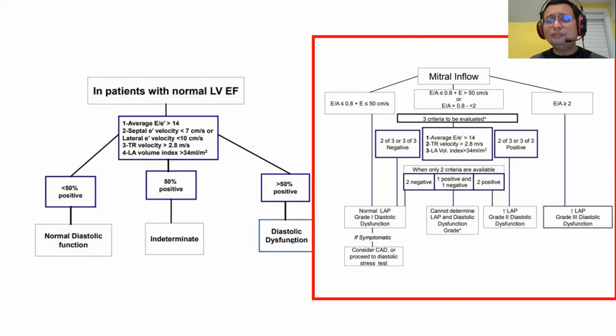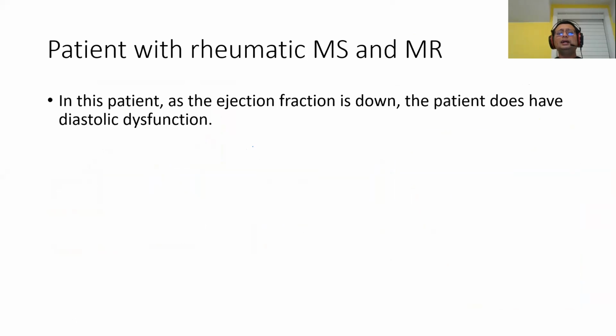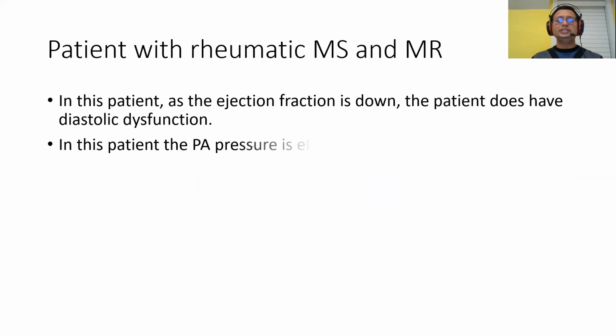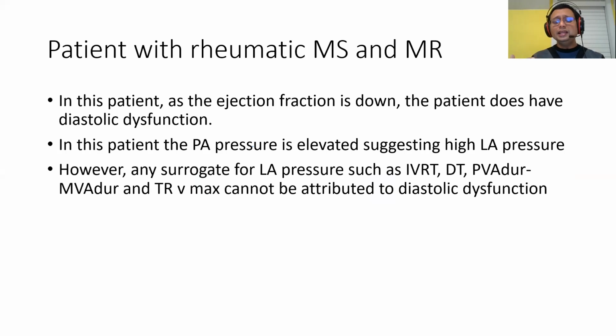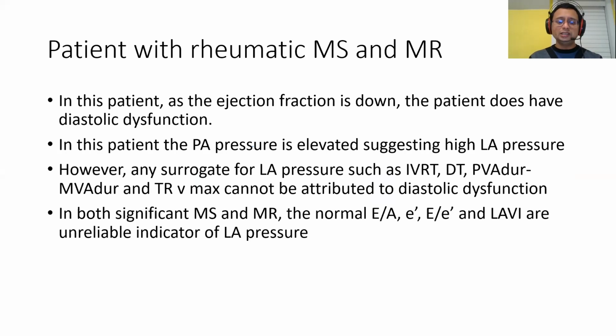We cannot use average E over E prime. We cannot use LA volume index. We can only use TRV max. So in this patient with rheumatic MS and MR, as the ejection fraction is down, the patient does have diastolic dysfunction. In this patient, the PA pressure is elevated, suggesting high LA pressure. However, any surrogate for LA pressure, such as IVRT, deceleration time, and TRV max, cannot be attributed to diastolic dysfunction. So in this situation, we can say that the LA pressure is elevated, but we don't know where